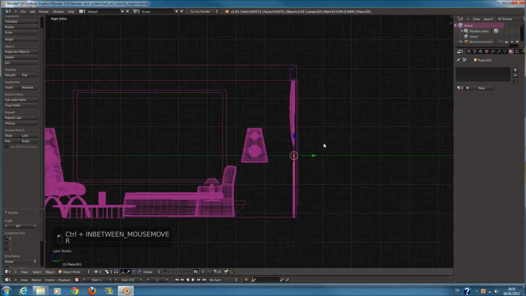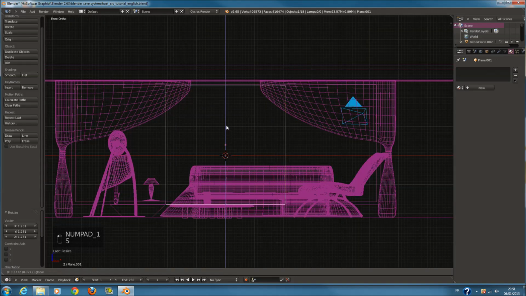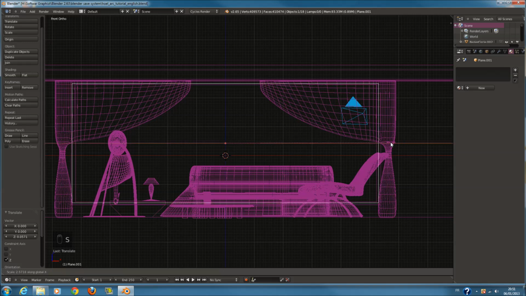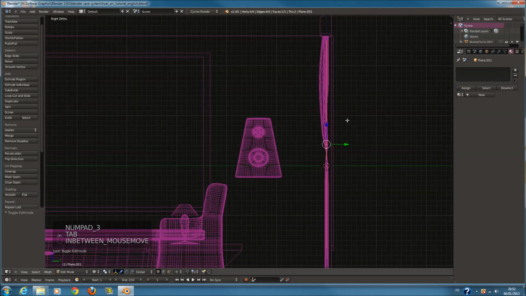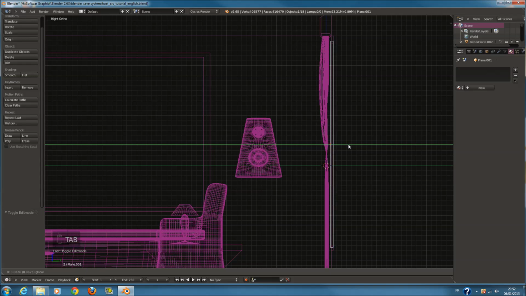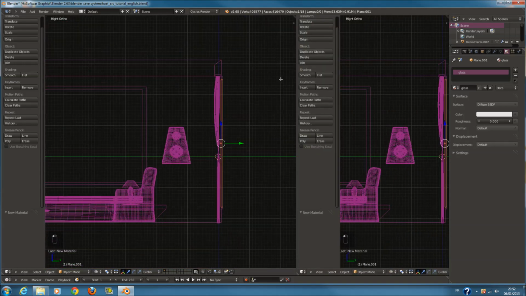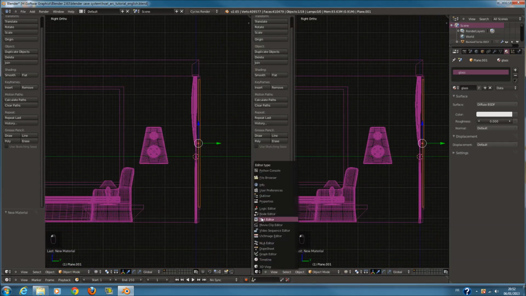And I want to add a window here, so Control C, add a window, so plane, press RX 90 degrees, scale up, so replace this plane inside here, scale on the X axis like that, press E, move this inside here, so rename this glass, open the window here again, return to the node, and